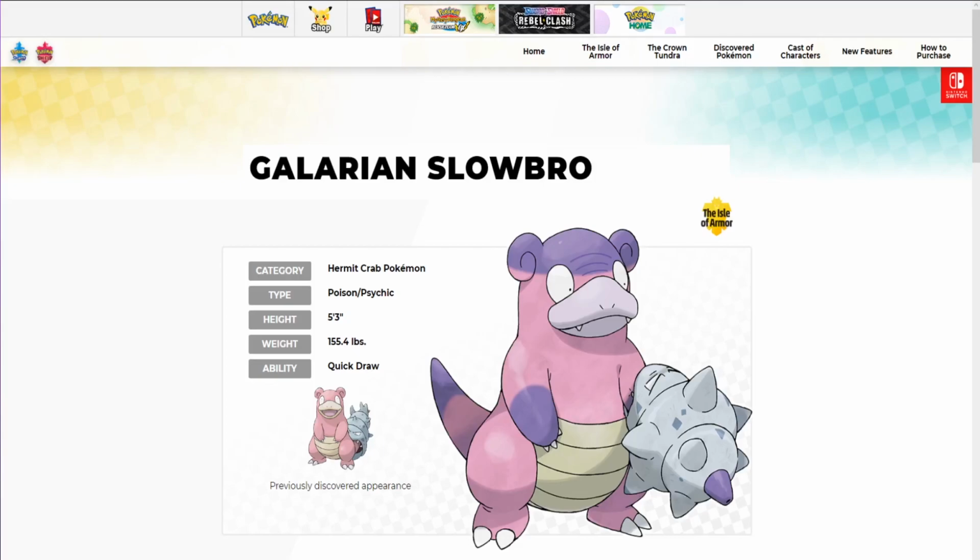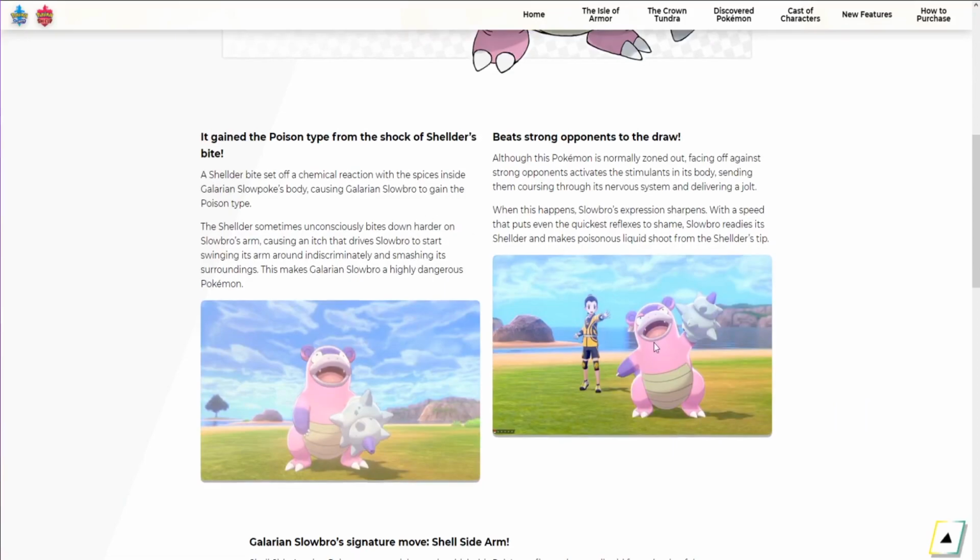We know the Galarian Slowking still exists as well, and we're going to be getting information on that later on. So this thing can still run the Eviolite. And we don't know what Quick Draw does exactly, but based on the description here, as well as the animation in the trailer, I'm guessing it gives a speed boost or maybe even a priority boost to Slowbro. As it says, although this Pokemon is normally zoned out, facing off against strong opponents activates the stimulants in its body, sending them coursing through its nervous system, delivering a jolt. When this happens, Slowbro's expression sharpens with a speed that puts even the quickest reflexes to shame. Slowbro readies its shelter and makes poisoned liquid shoot from the shelter's tip. Now, based on the trailer, having Slowbro moving at really fast speeds, I think that this is going to boost its speed